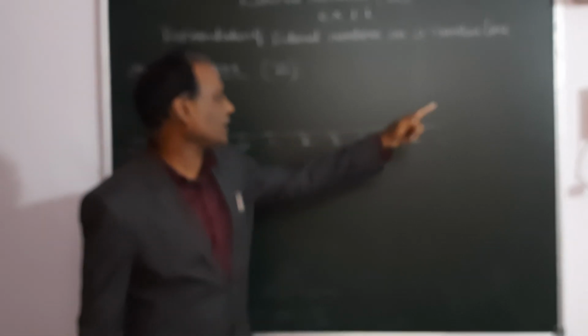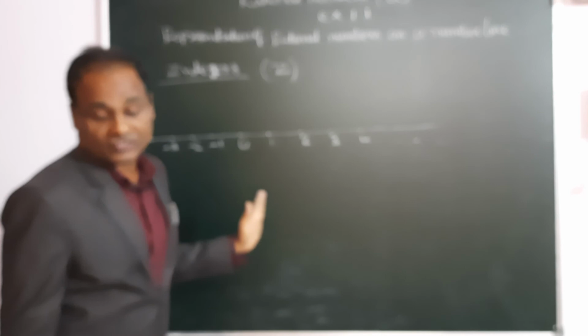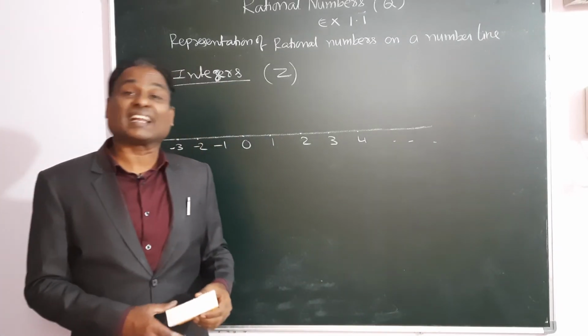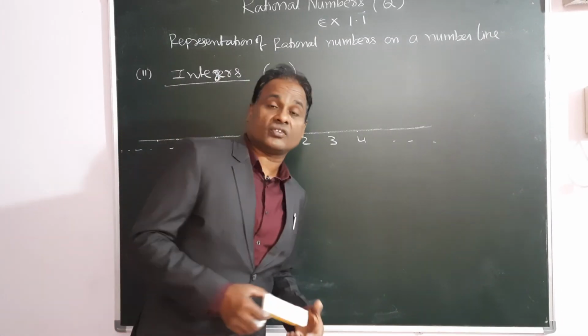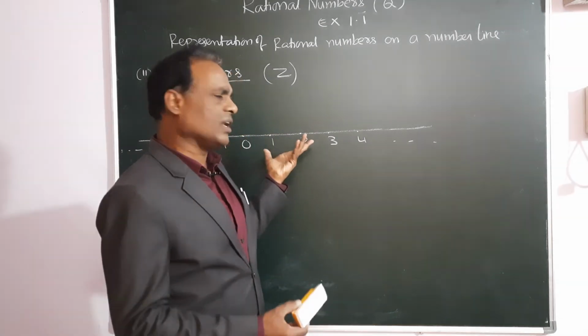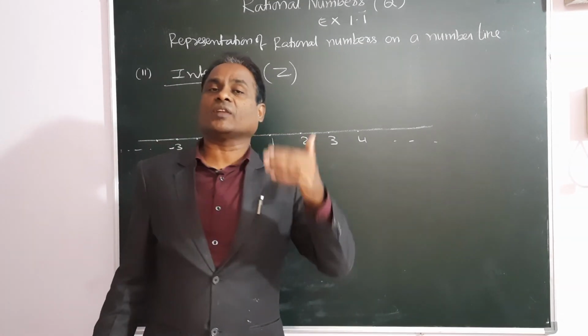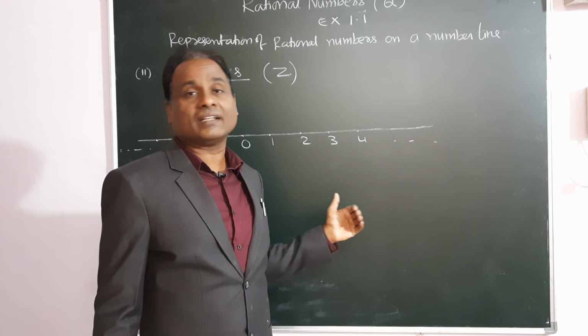Draw a line and divide it into equal parts for writing equal numbers. If they are unequal, then it will be a different case. So if it is 0 here, 1, 2, 3, 4, 5, 6, minus 1, minus 2, minus 3, like this. So this is the representation. And next, how to represent the rational numbers, that means fractions. Other numbers are very easy to represent, but representing the fractions on a number line,